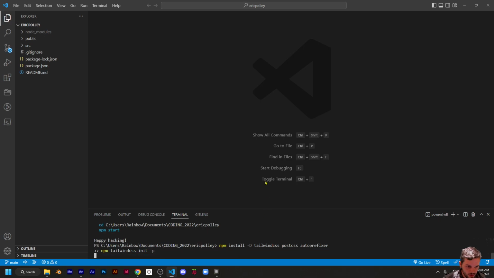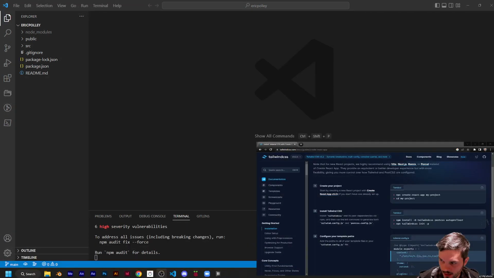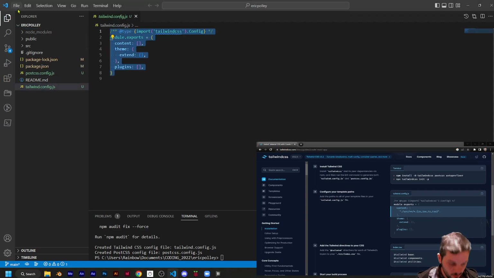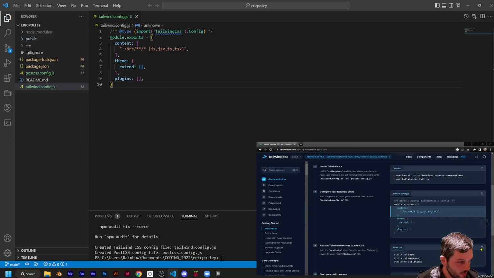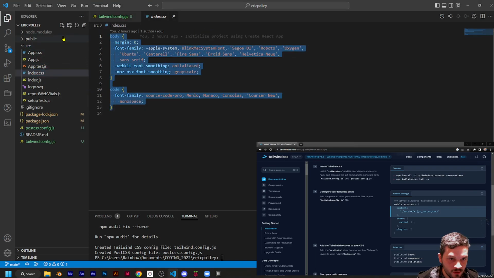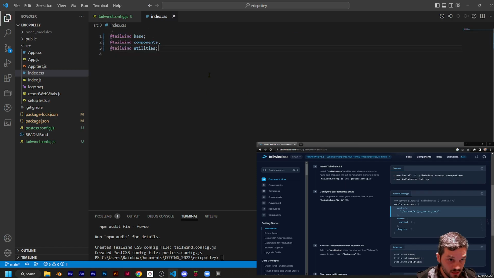Alright, so I have copied and pasted the code from the install Tailwind CSS to the terminal. Now I'm going to copy and paste the Tailwind config, open up that file, paste all over that and save. Now I'm going to get the index CSS, and I'm just going to replace this whole bit with some nice Tailwind